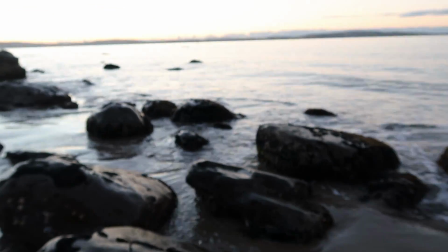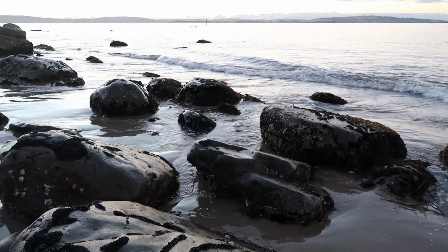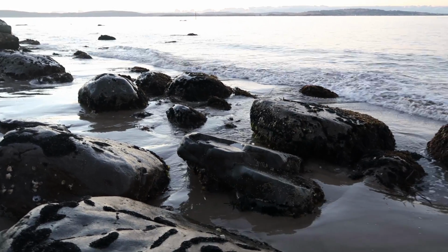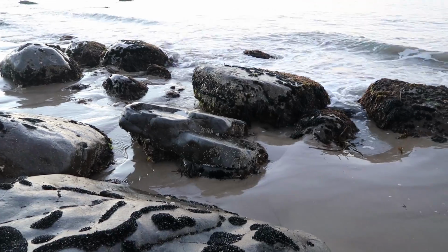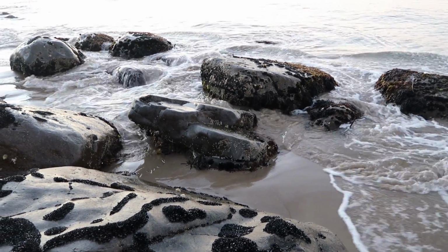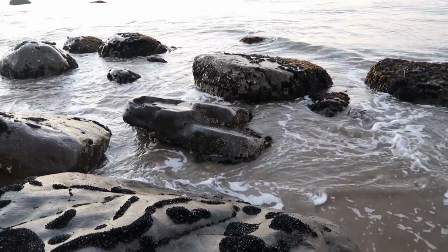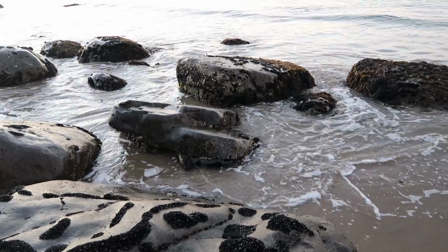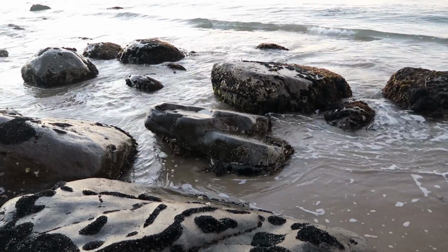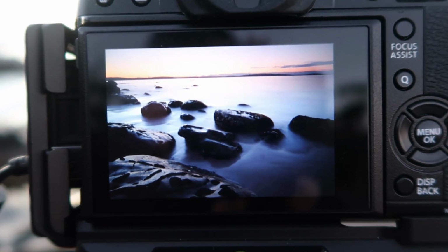So I've got a composition that's like that. I've got a little bit of sky up here, but mainly what I'm going for is the water rushing around these rocks here. As you can see, the water's coming in around there, and then all of that will just make for an interesting photo on a long exposure. It just all goes dreamy and creamy. That's what I call it. There you go, that's the result of a